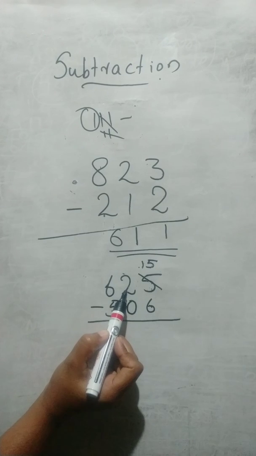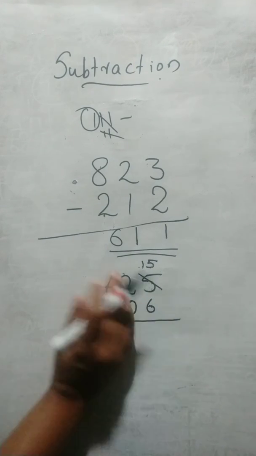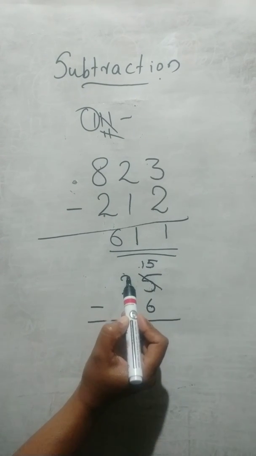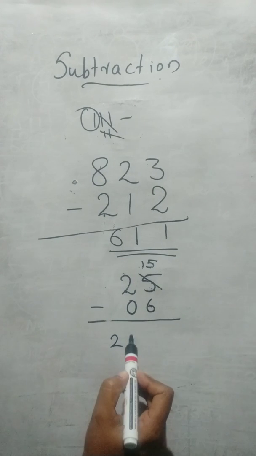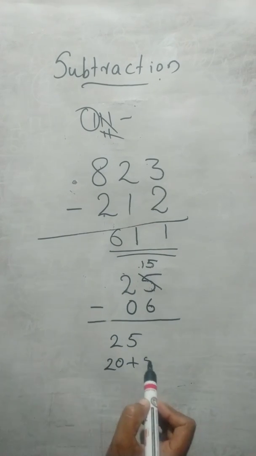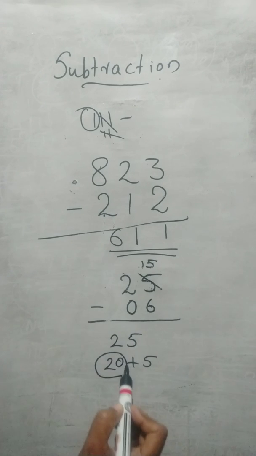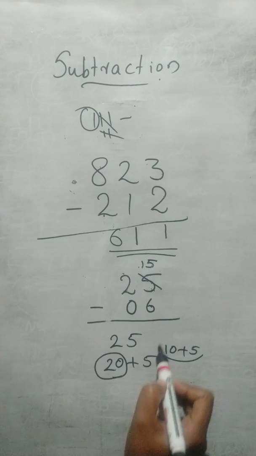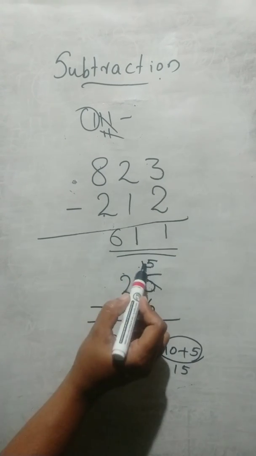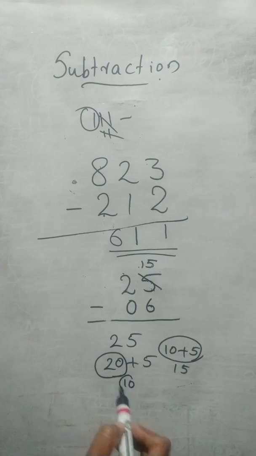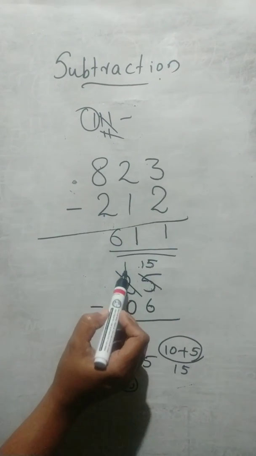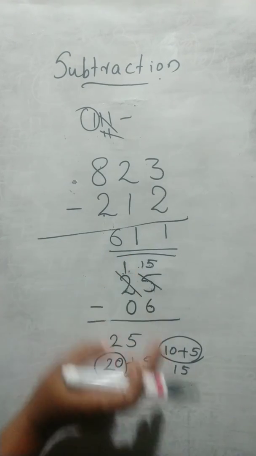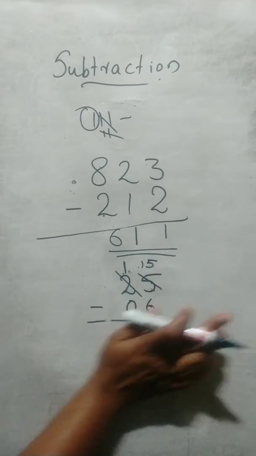Okay. Now this became 20. From this 25, we can write it as 20 and 5. Okay. Then from this 20, we took that 10. Now 10 and 5, we can write it as 15. This 15 is here, remaining 10 will be there. So we can write 1 instead of this 2. Okay. Actually 10 is there. This 10 we will add with this. Now you think like this way only.